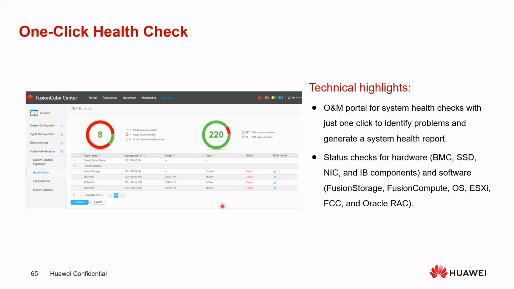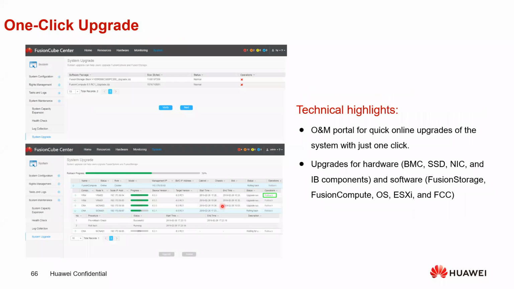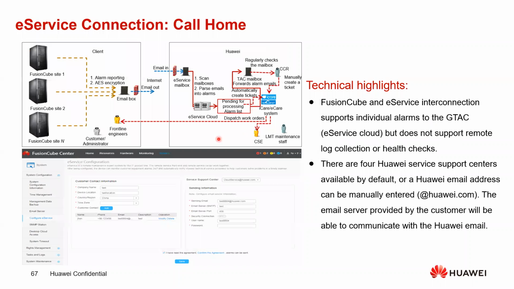If the issue is still there, you can contact tech support and can open remote support from the Huawei team. Okay, upgrade is also supported within the system. You can upgrade the system versions. So here you can see the system upgrade job is planned. We can plan the job and do this OLM part. So the last part is the e-service connection. We call it the call home feature. So the call home feature is like your remote infrastructure, in terms of hardware point of view and the configuration point of view. This will be configured to pass the